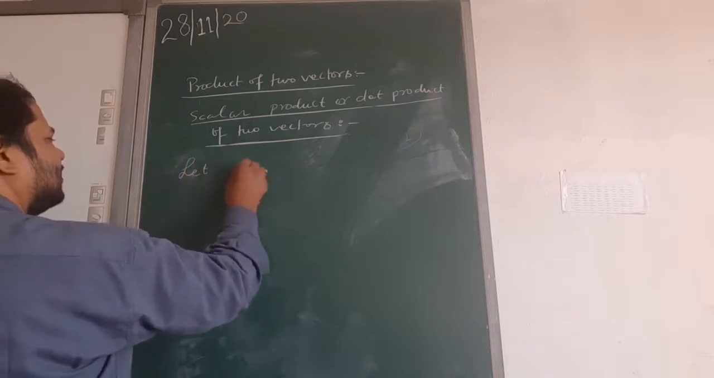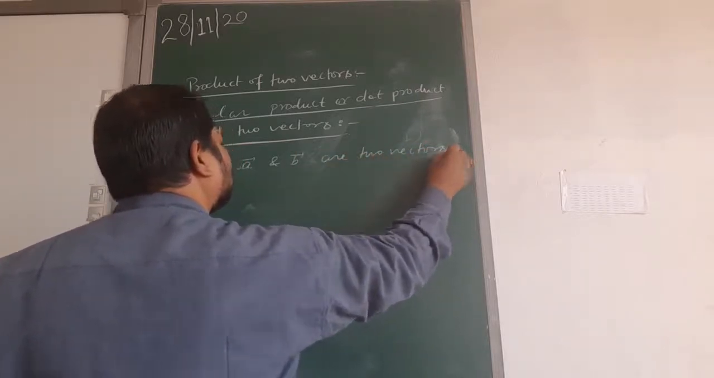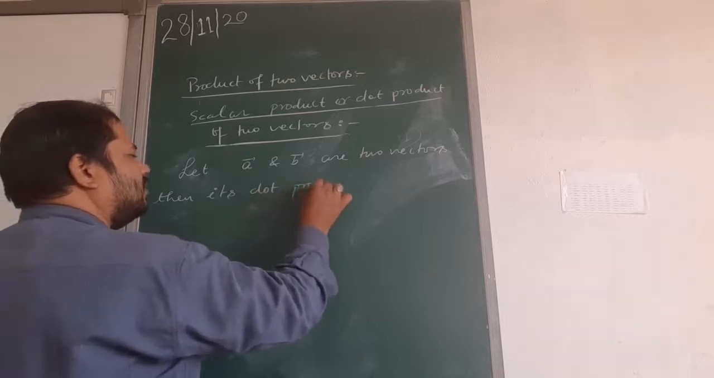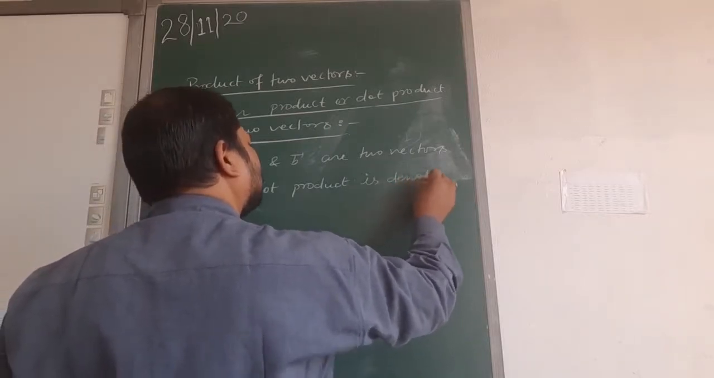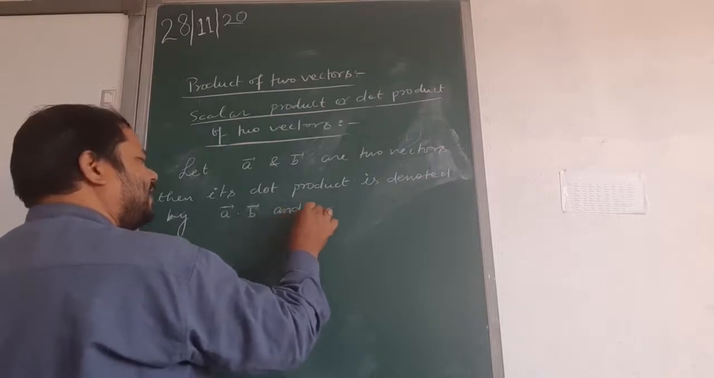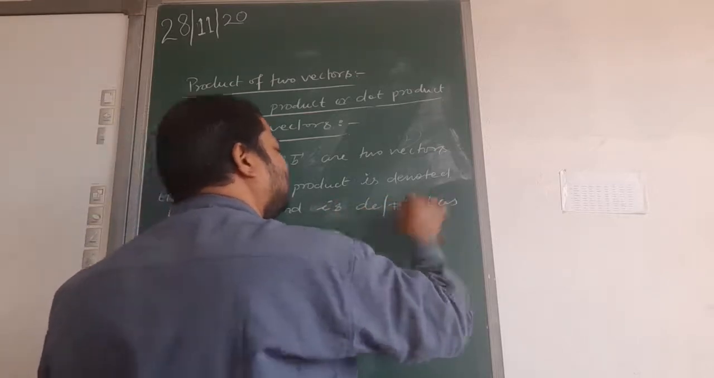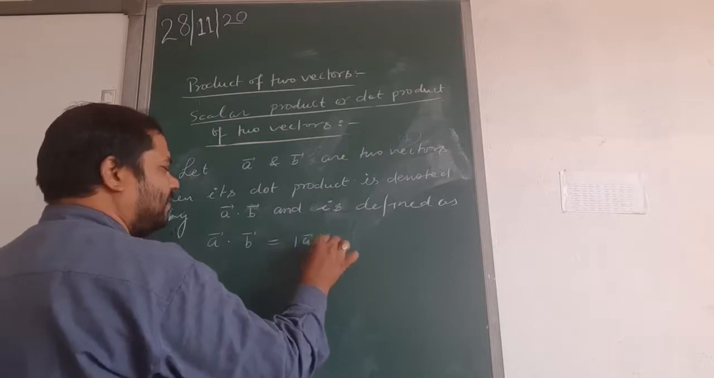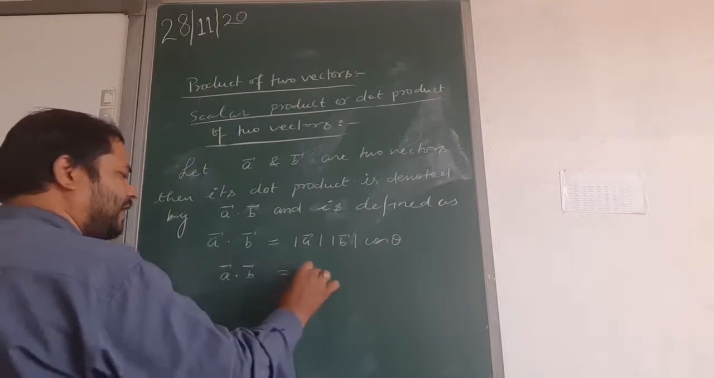Let A and B be two vectors, then its dot product is denoted by A dot B and is defined as A dot B is equal to mod of A mod of B cos theta, or simply A dot B can be written as AB cos theta,